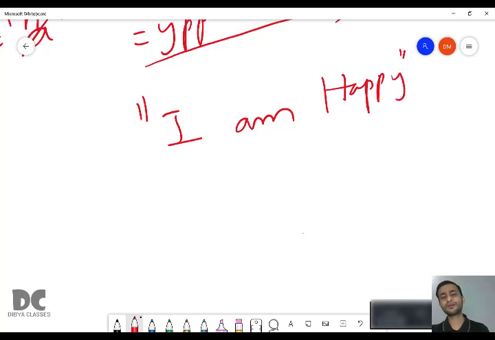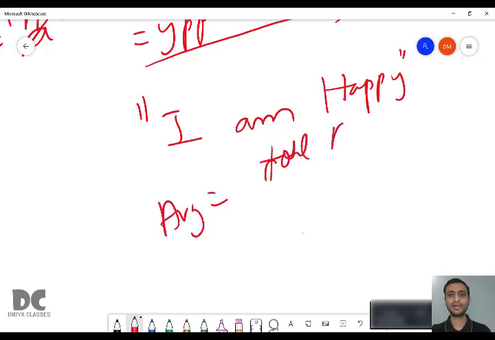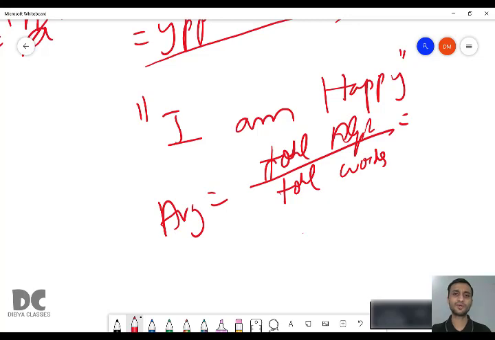What is the average number of alphabets present in the string? So average number of alphabets equal to total alphabets divided by total words. That is 1, 2, 3, 4, 5, 6, 7, 8 by total words 3. So this is the value.